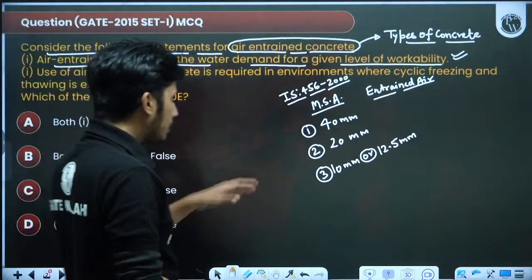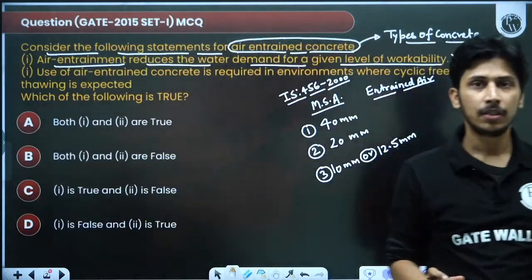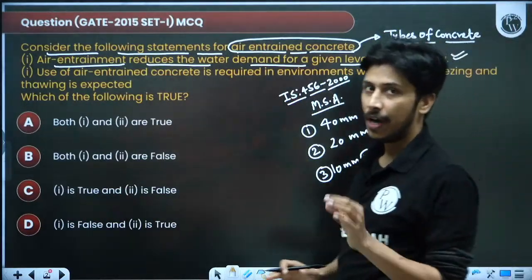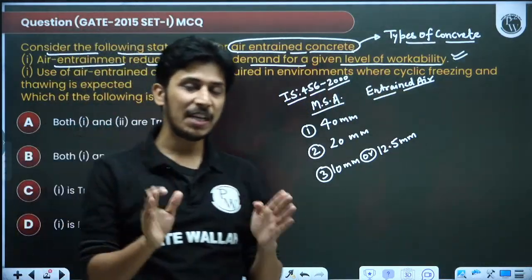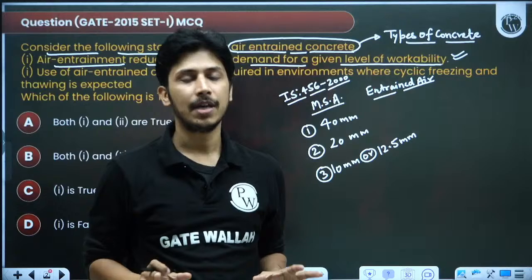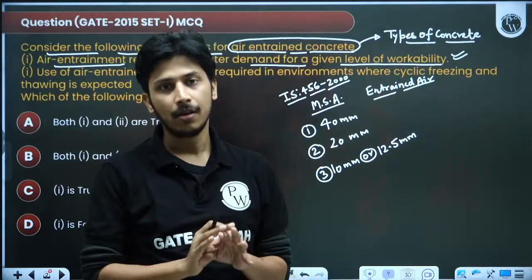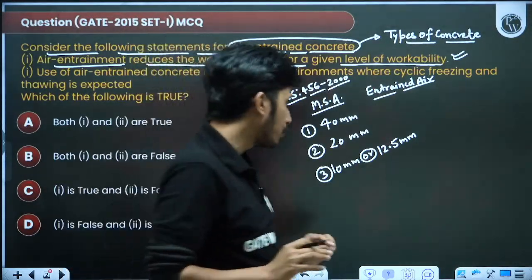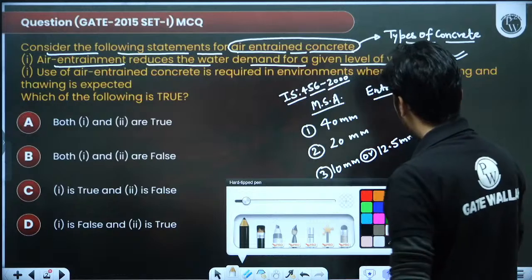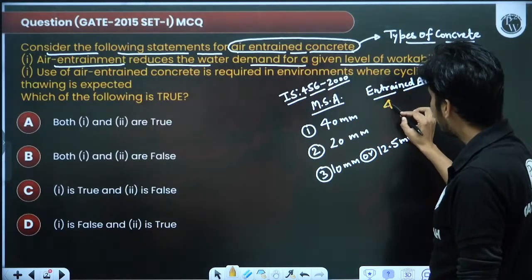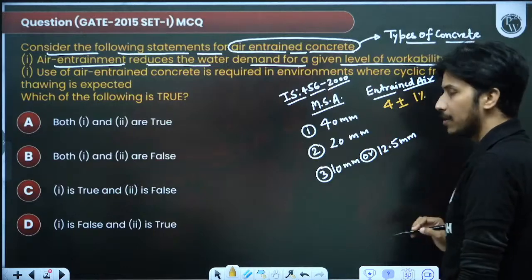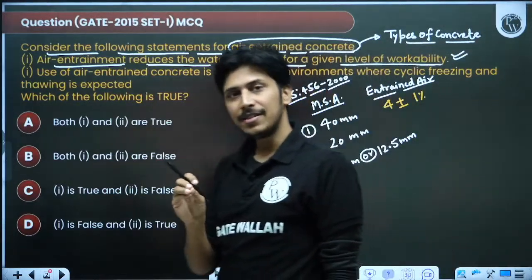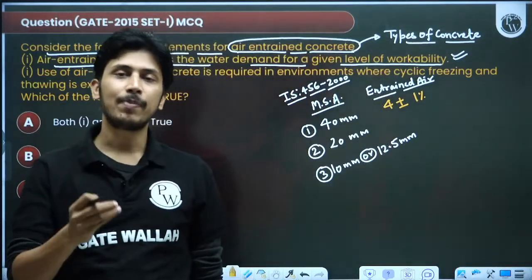Okay, this thing nobody knows. Yaad nahi. No. You have to remember these things because these are very important. Whatever the table given in the code, at least study those tables. At least remember those data. Those data are very important. Remember those data. So for 40 mm, the entrapped air is 4 plus minus 1%. You can increase 1%, you can decrease 1%. So 4% is the entrapped air, plus minus percent is the margin allowed.